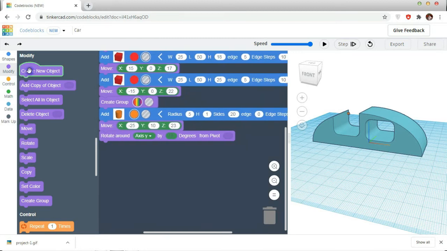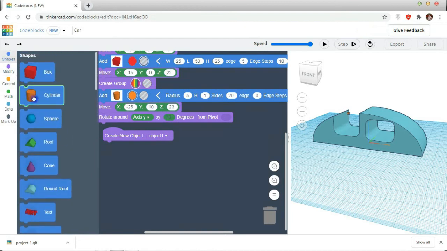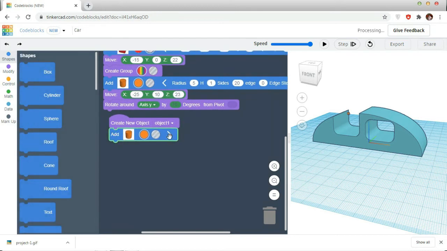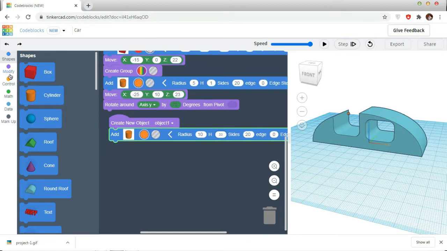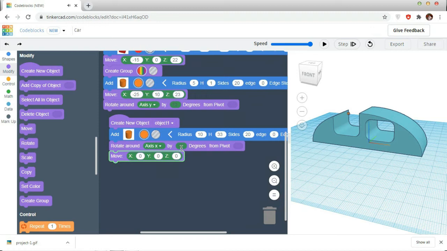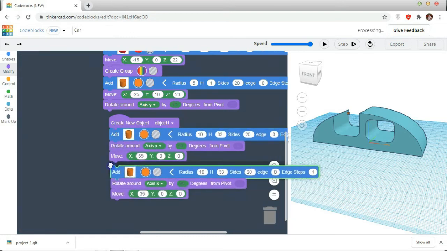For wheels, I'm taking a new object, going to shapes, taking a cylinder. I want the radius of the cylinder to be 10, height to be 33. Then I needed to modify them. So take a rotate, take a move, rotating it in x-axis by 90 degrees, move it in x-axis by 35. Then I need a copy of this, just duplicate this, put it down,